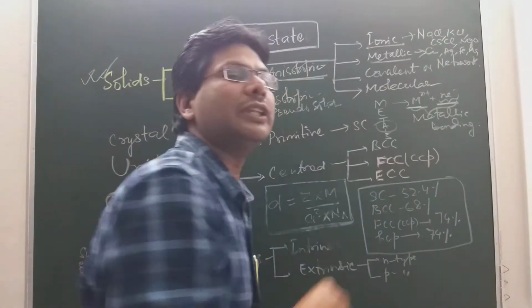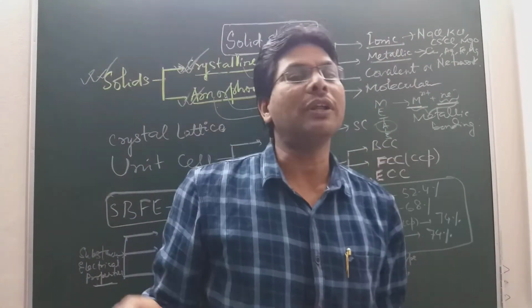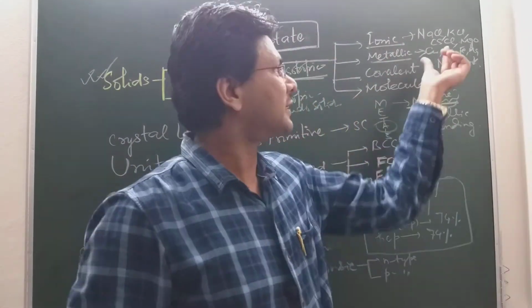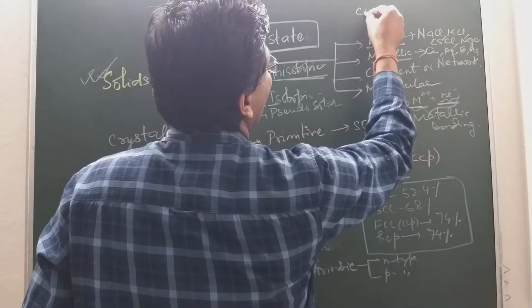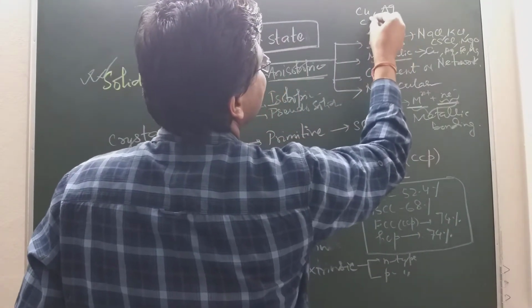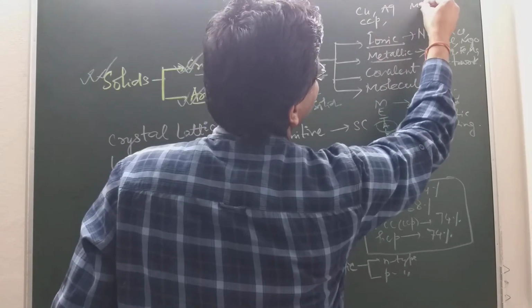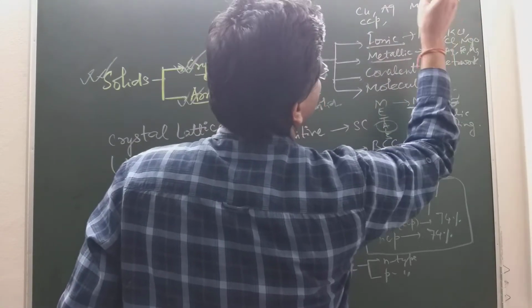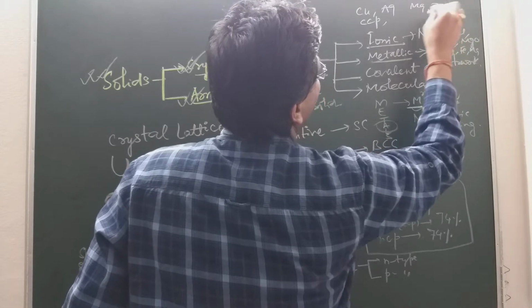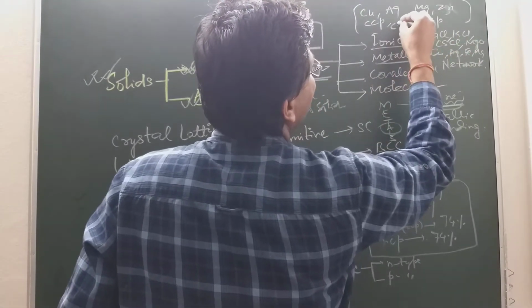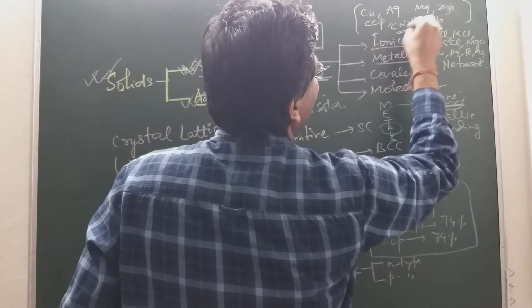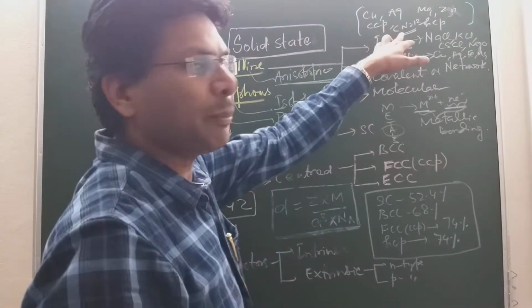One of the important questions that has been asked about copper is: what is the coordination number of copper? You must remember, its structure is not HCP, it is CCP. Copper and silver form a CCP lattice, and magnesium and zinc form an HCP lattice. All have a coordination number of 12. So keep the coordination number in mind. This has been asked in competitive exams, so do prepare it.